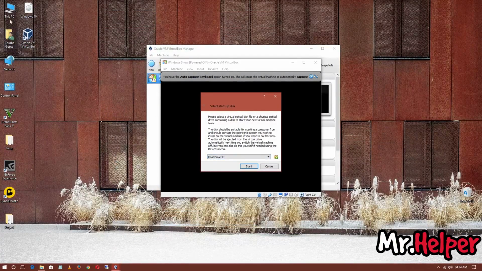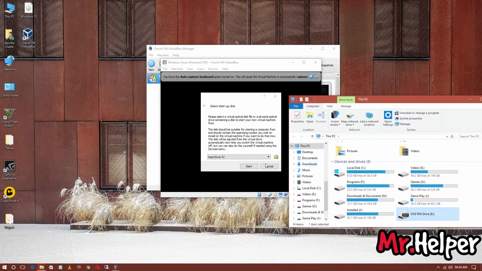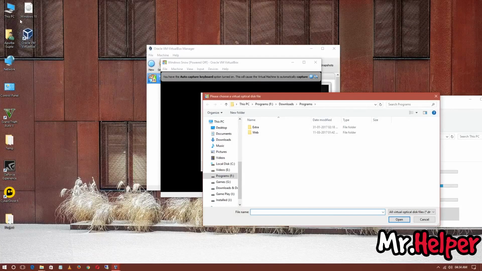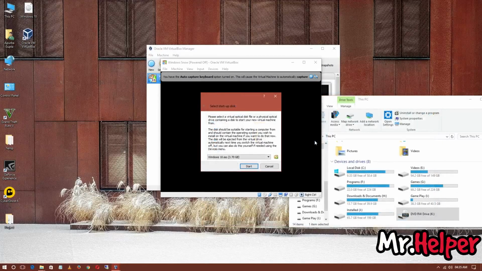If you have your disk in your disk drive, then it is going to show here, but if you have an image file, click on this button. In my case, it is on my desktop, so I'm going to select the desktop and click on here and click on Start.